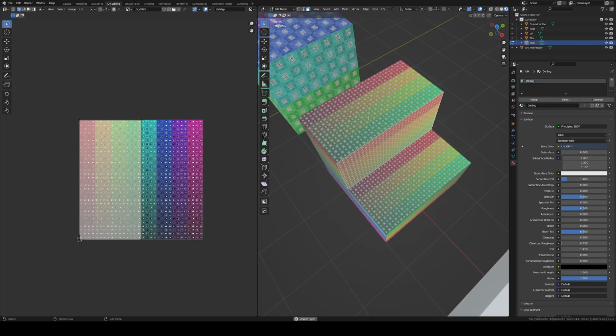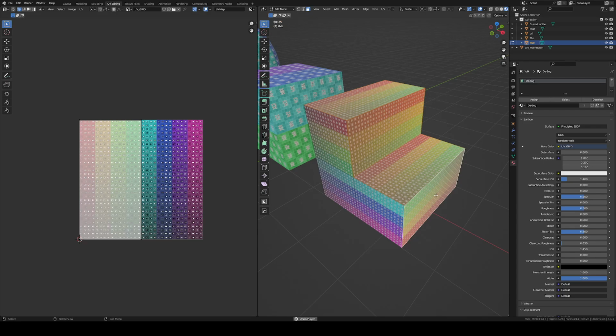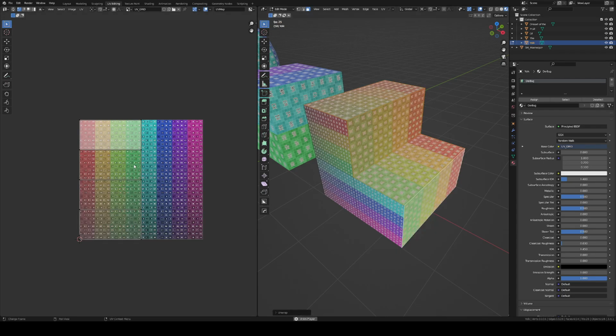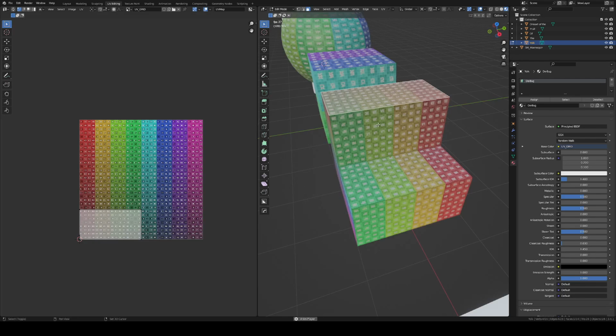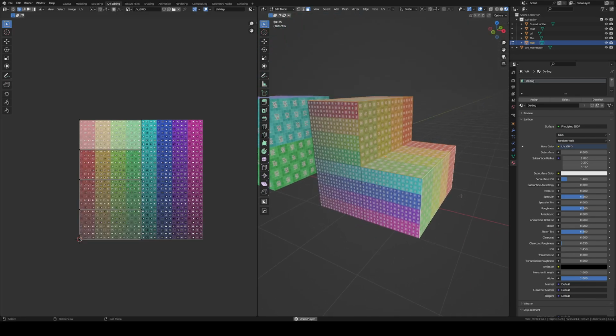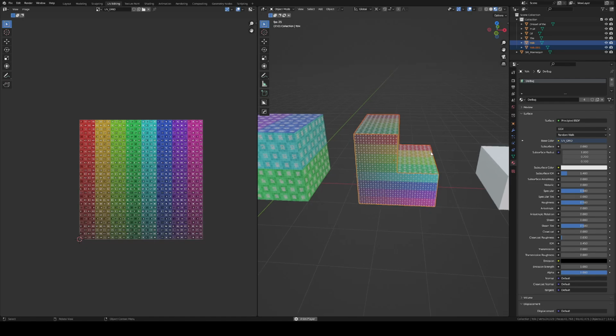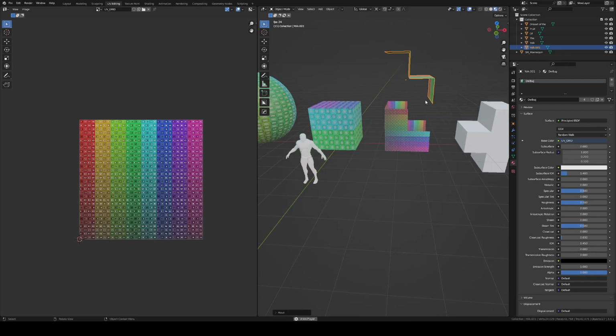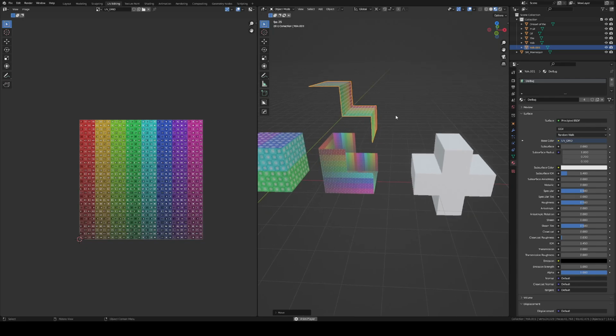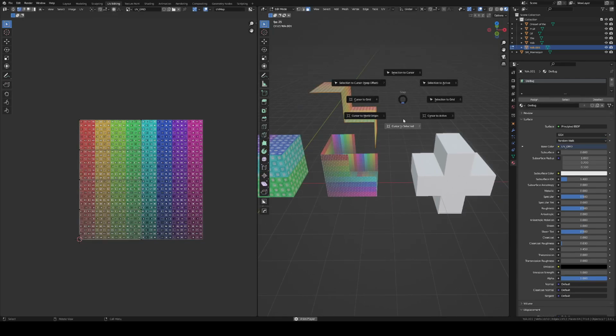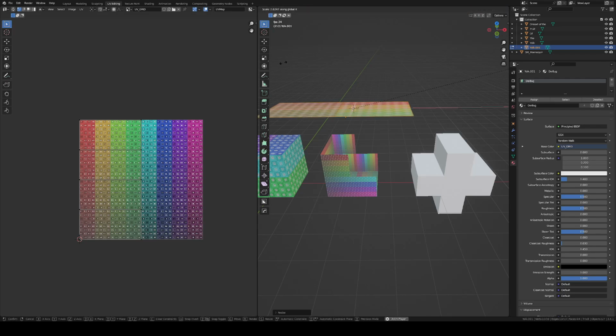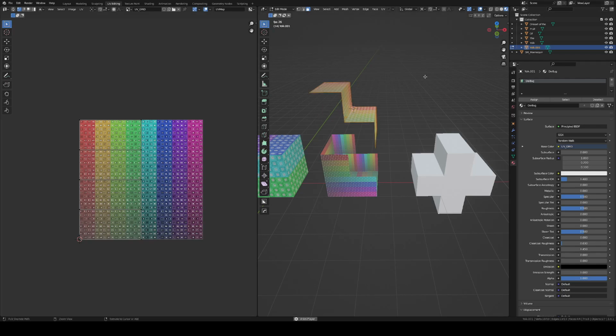I could click all these ones and unwrap it, and it's basically just a straight line, see? Because if you were to think about these flattened out straight, it's just going to end up being a line. If we were to flatten this and then spread it out, it would end up like that, right? So